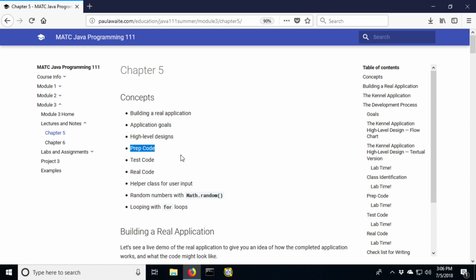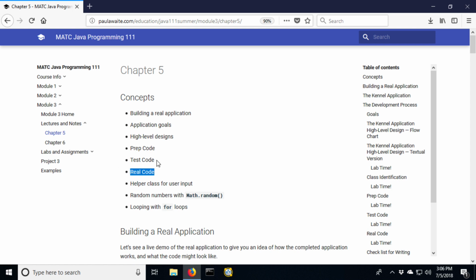It allows us to think about what things need to be done. And then later when we write our real code, then we can think about, okay, what's the Java syntax for that if-else statement or that kind of looping or whatever. So prep code is a lot of fun to write because it's just in English, and we can really get into the nitty-gritty of what are the different pieces that need to happen. And then later we use that as our recipe or our blueprint for writing the code.